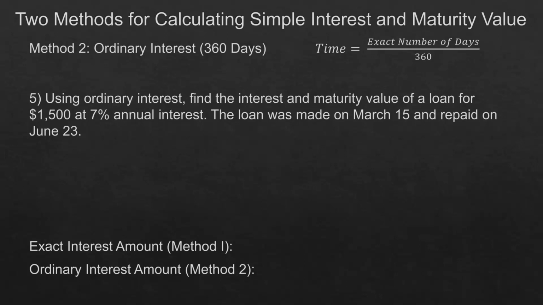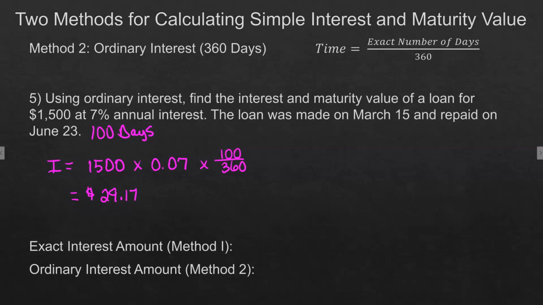Okay, so we already know that it's 100 days. We calculated that on the previous example. So let's find our interest. 1,500 times our interest rate in decimal form. Don't forget that part. We always change it to decimal form to calculate. And then it's 100 days out of 360. So remember, calculate 1,500 times 0.07 times 100 divided by 360, and you'll find your interest of